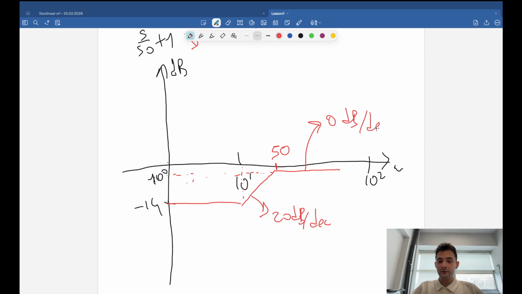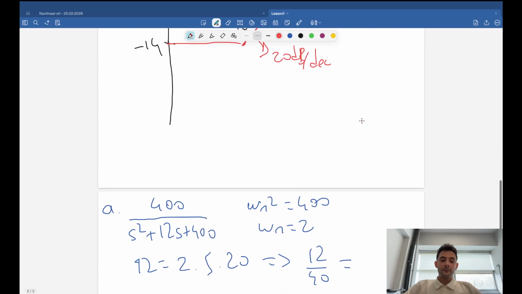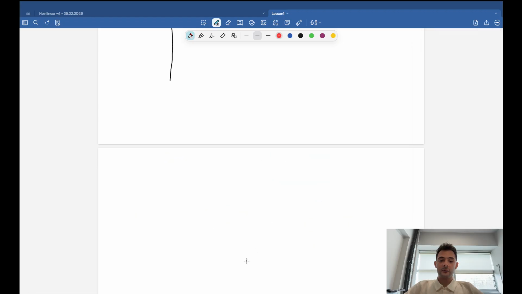There is no change because we had a 0 here, but the zero's effect is worn off by the effect of this pole here at 50. All right, that's the whole issue. Piece of cake. And there is only one more thing I would like to show you,